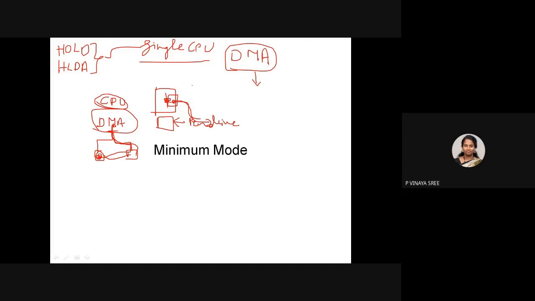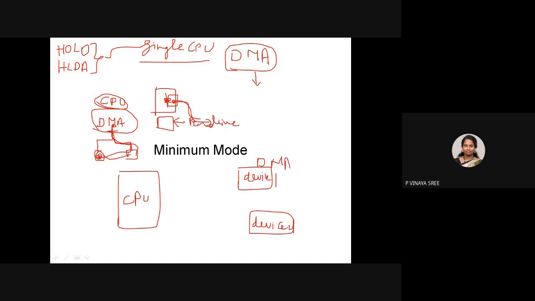But what DMA will do is give a request to the processor saying, please release the bus. Why? Because there is some data transfer to be done. In such a case, let me show you, you have a processor this side. This is very important. Definitely you will get separate questions to explain hold and hold acknowledgement in minimum mode. So you have to explain that you will be having a DMA. Instead of DMA, I'm simply writing device 1 and device 2, or you can write DMA also, it's your wish.